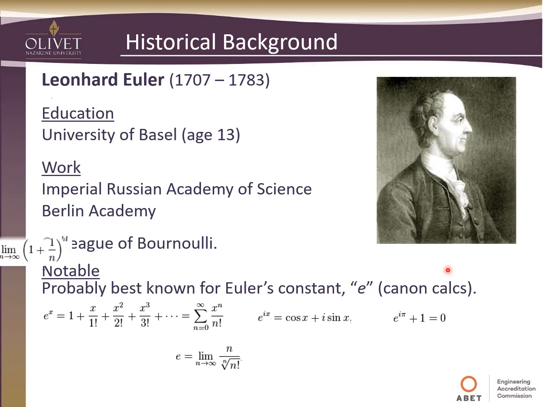Here are some of the other expressions for this constant. This is probably the first time it was fully defined because it has to do with interest rates. And so, they were calculating, well, if I have 12 payments in a year at a certain percent, what would be the return on that? And so finally someone said, well, what if we just do this to an infinite number of payments paid infinitely all the time with no time constraints? And that's where the definition of Euler's constant comes from.